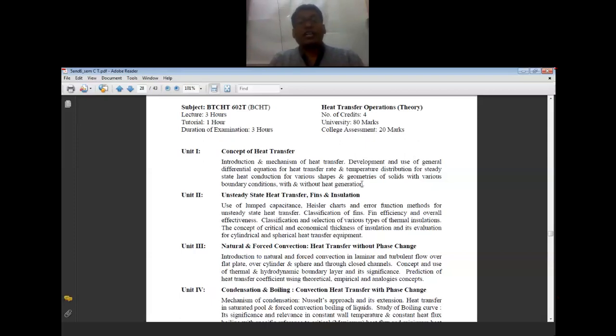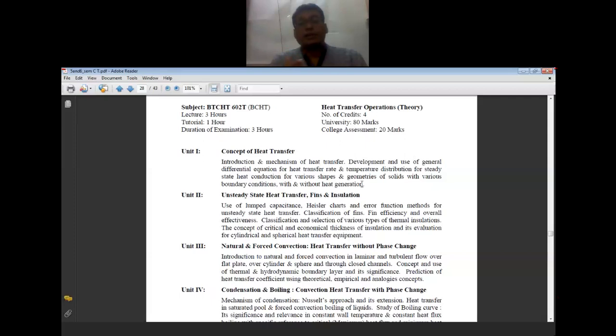Similarly, why mass transfer takes place, that is only because of the concentration difference. So whenever there is a difference in the concentration, temperature, or the flow of any energy,